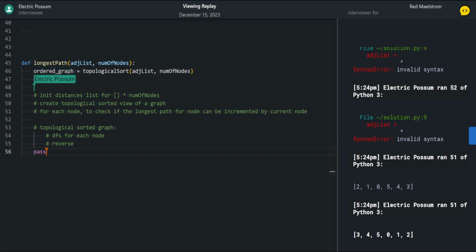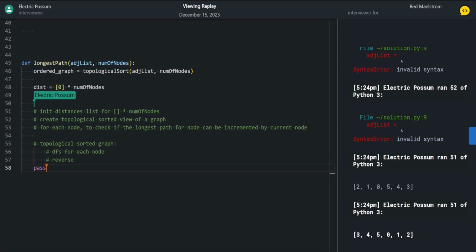So now going through this loop is to create something like distances, and now